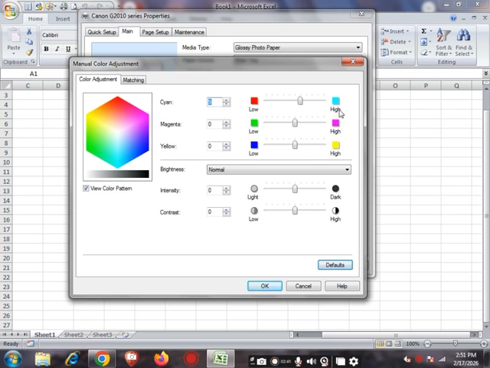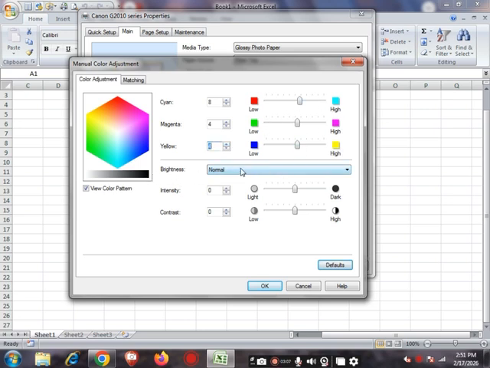These are the balance bars. This is the magenta balance bar, yellow balance bar. By moving left and right, we can set our color according to our choice. Like this, magenta and yellow also. These are the arrow buttons. By them we can increase or decrease these color proportions, and we can also type manually.